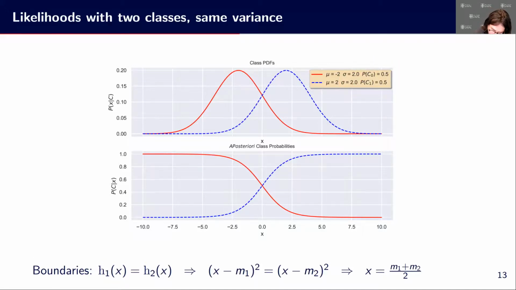The difference lies in the means, which are different: -2 for the red curve, and 2 for the blue curve, so the other class. You can see this as the likelihood for each class. So this is a distribution. We say data from class red here follow the red curve, basically, and data from the blue class follow the blue curve here, approximately. So this is the likelihood on the top, and at the bottom we have the posterior probability here,